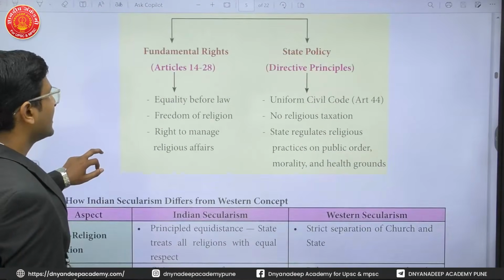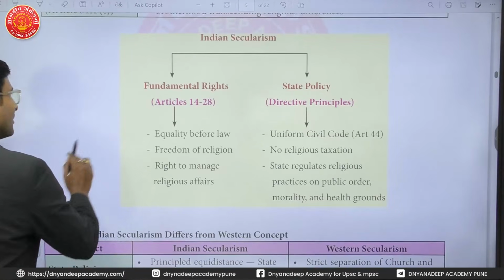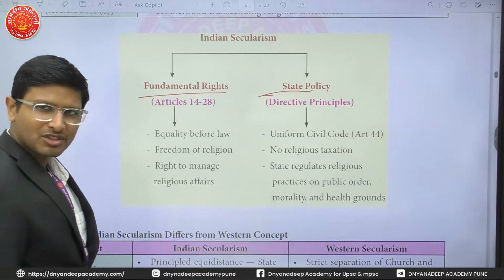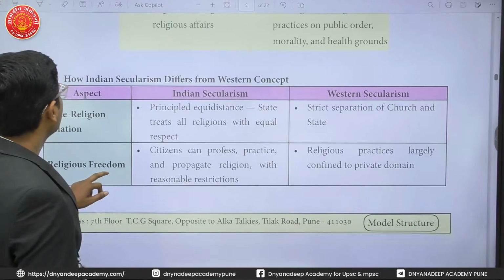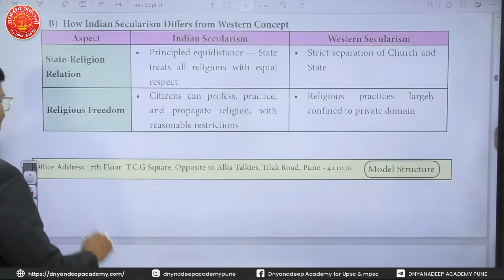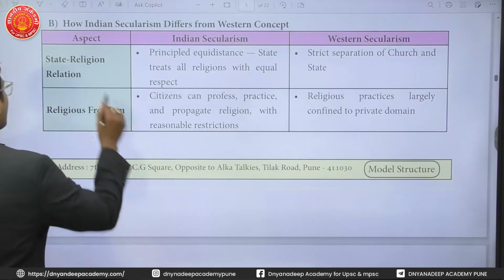Then the next thing it talks about is secularism. Secularism is given in the fundamental rights also. It is given in the directive principles of state policy also. Those are the provisions we already saw above. Then it is asking about the differences between Indian secularism and Western secularism. You should be aware of those differences. Let's see the differences. First is state